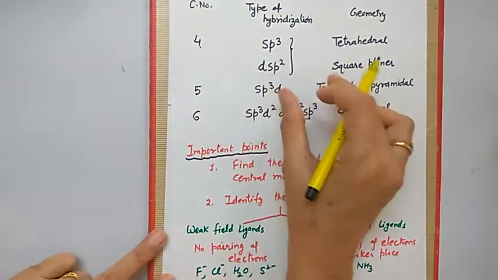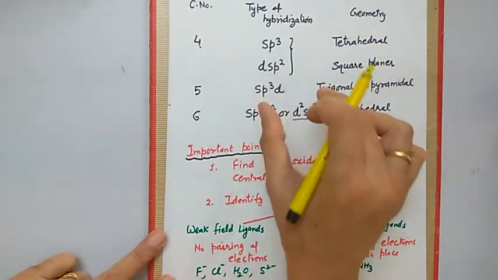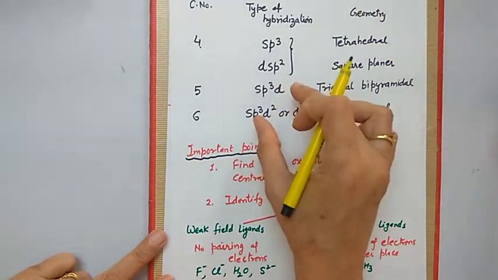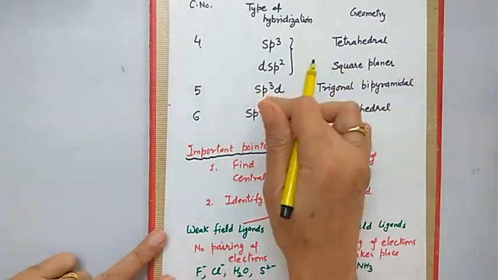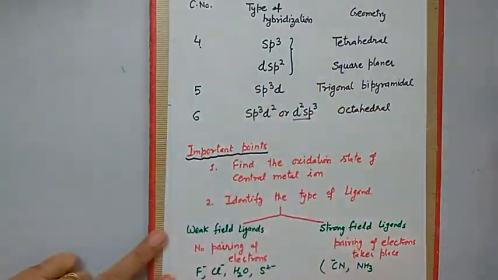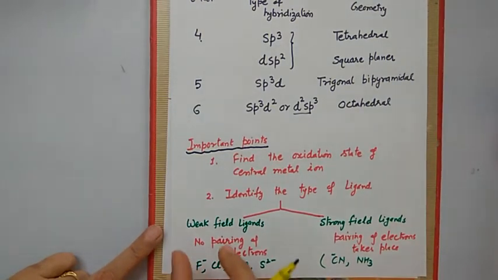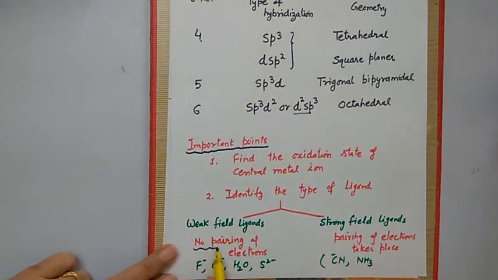Actually the valence bond theory is based on the magnetic behavior of the complex ions. But you cannot remember the magnetic behavior of complex ions all the time, whether it will be paramagnetic or diamagnetic, but you can easily remember the type of ligands. There are two types of ligands, weak field ligand and strong field ligand. In case of weak field ligands, the unpaired electrons of the metal atom do not pair up. No pairing of electrons takes place in case of weak ligands. But in strong ligands, pairing of electrons takes place.